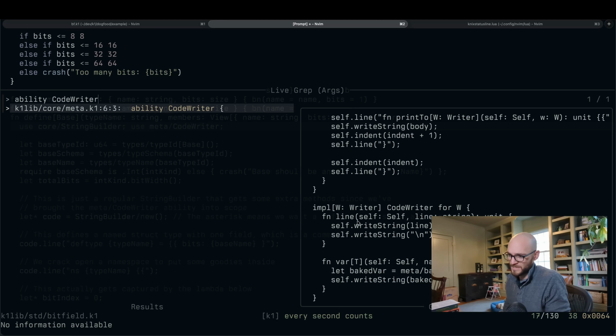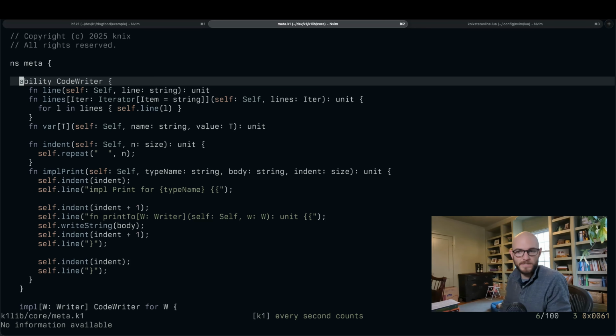Line is a little bit silly, as you can see, but var does some heavy lifting here with the magical way that we can transfer some values from compile time to runtime. It builds a constant. Any value that we have available to us at compile time, we can turn into a runtime constant using var, more specifically using meta/baked variable. And you can't see that. So let me just go ahead and click on it so that you can see